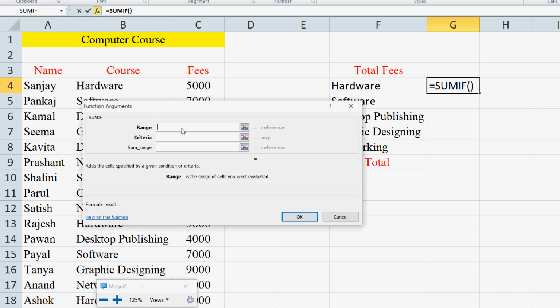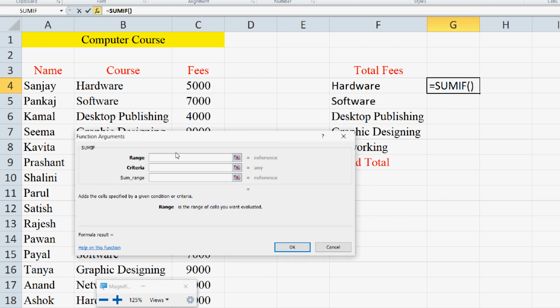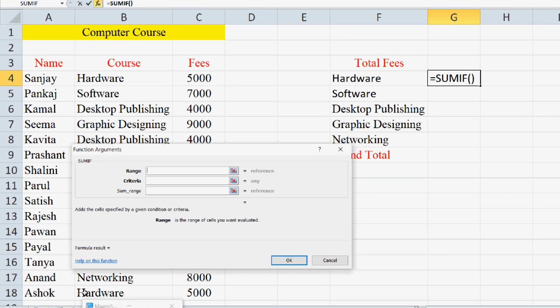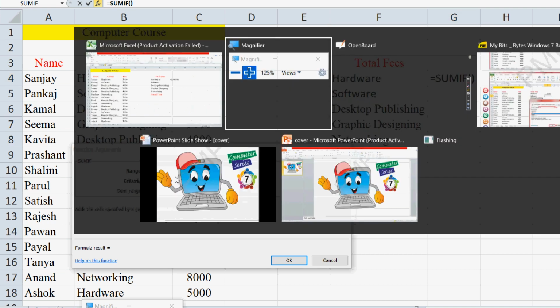Clear? Now when we click on this sumif, we get the function argument dialog box in which we will choose the different things. Okay, so let us see. Let us come again to the book.